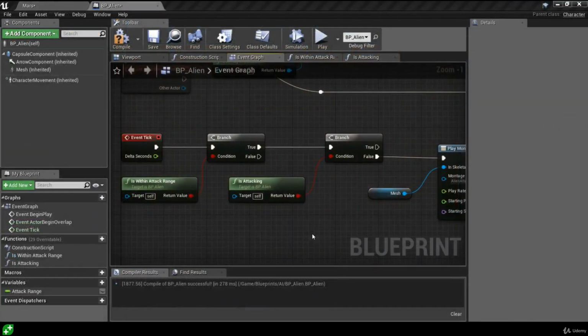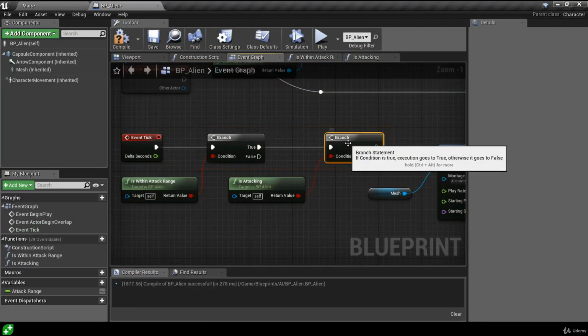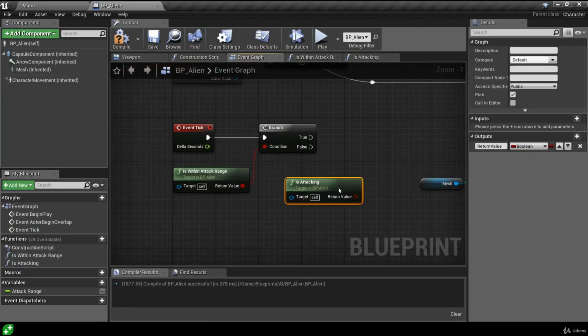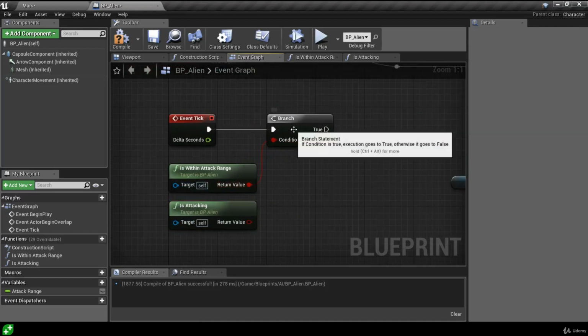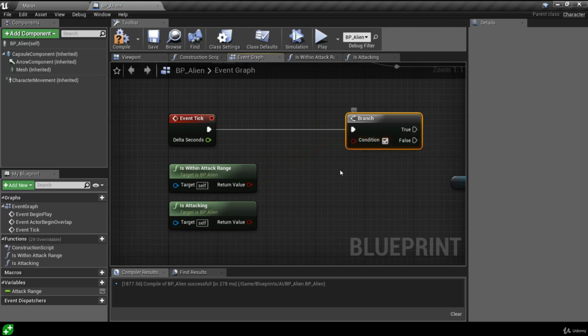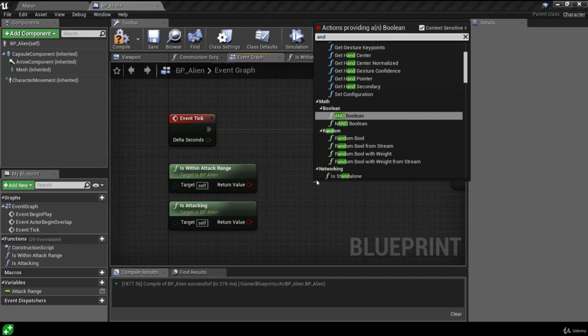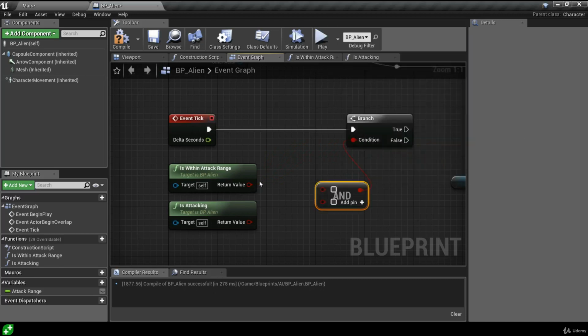We say that if the alien is within the attack range, and if it's not attacking, we then play our animation montage. So it looks like we need both of these branches here, but actually we only need one. We can remove this second branch, we can bring the isAttacking function back underneath this is within attack range function, and we can break the condition on the branch, drag out from the condition and type and. So we can say that if the alien is within the attack range, and if the alien is not attacking,